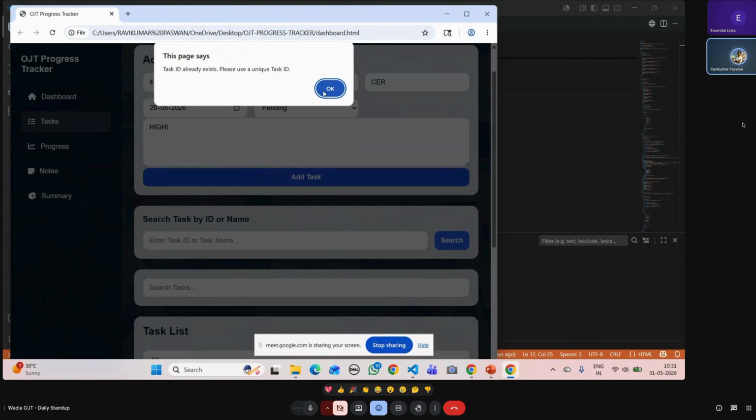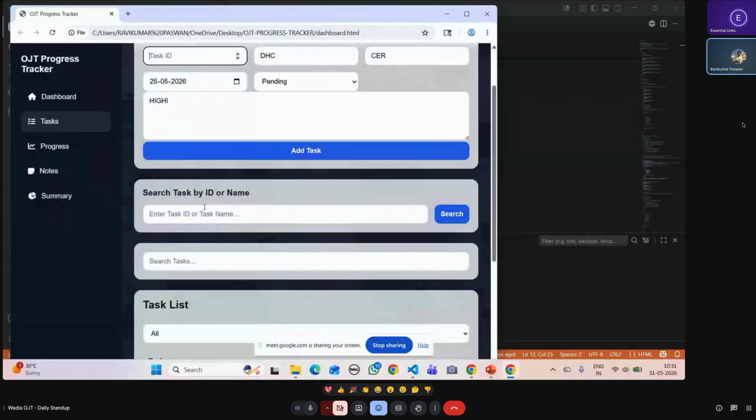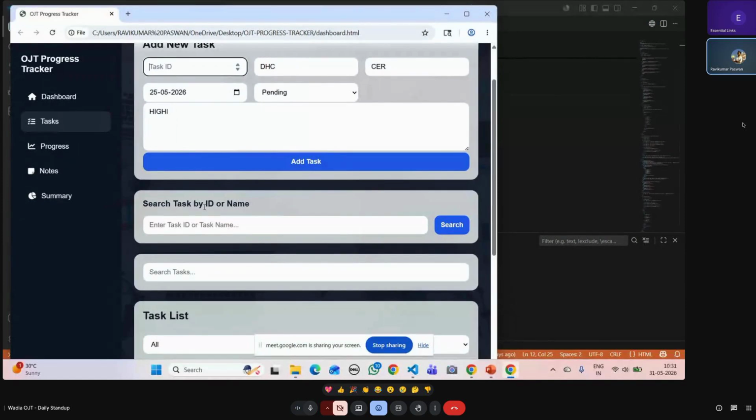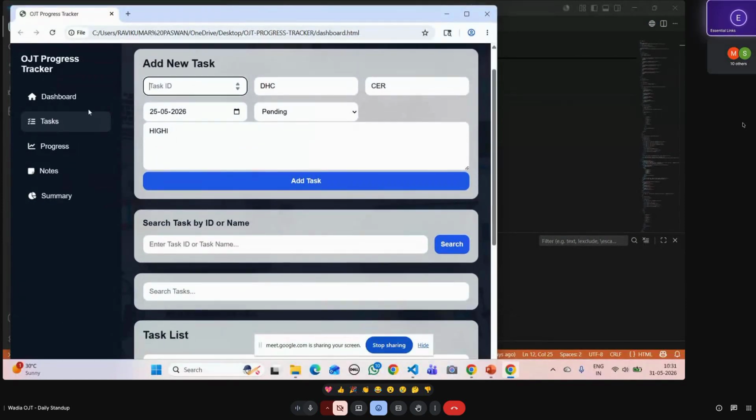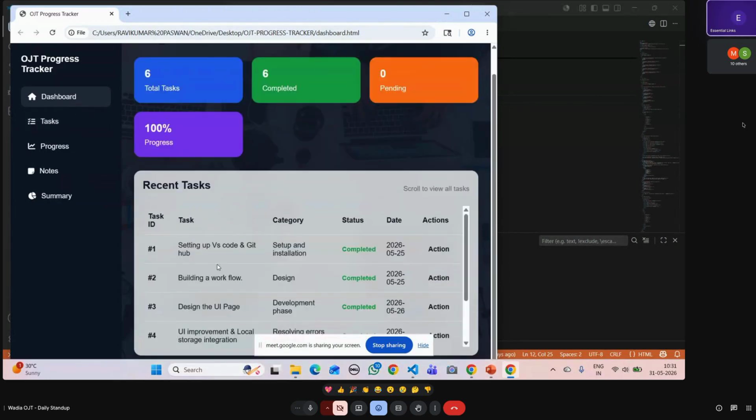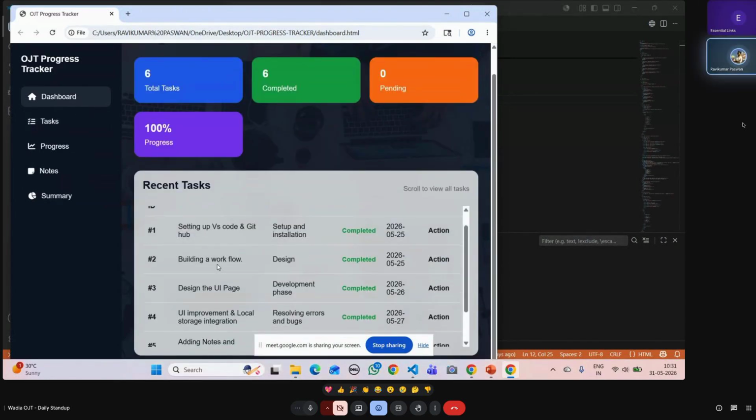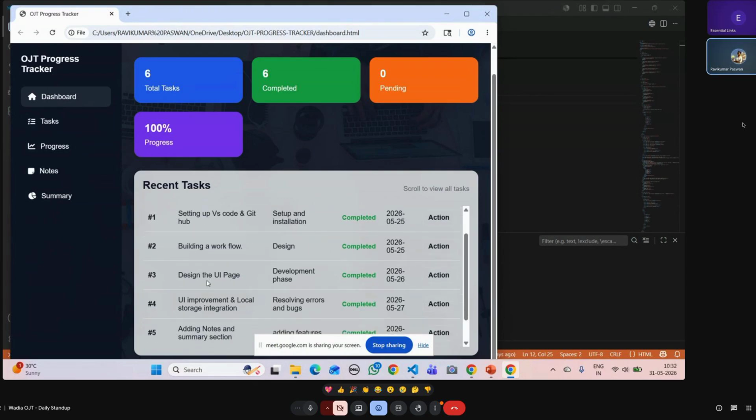Ravi, just one question. Don't you think the task ID should have been generated in the backend? Sir, a random task ID could be integrated, but randomly it was generating long numbers. If we add the task ID manually, we can remember those short IDs and it is much easier for us.